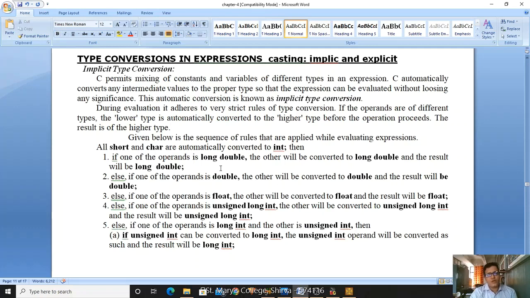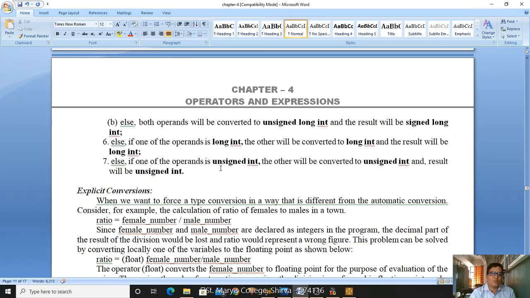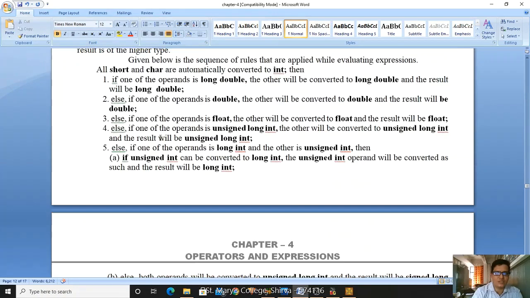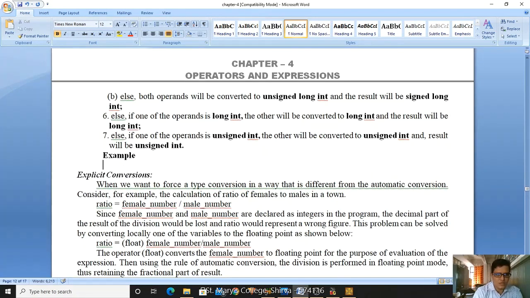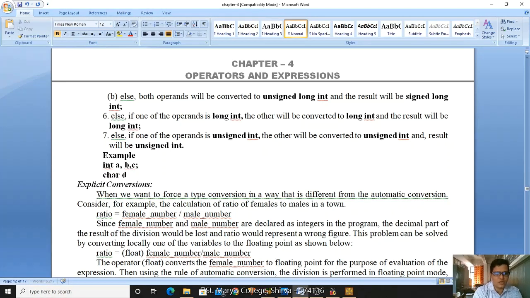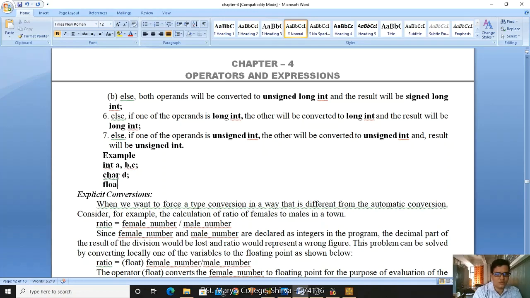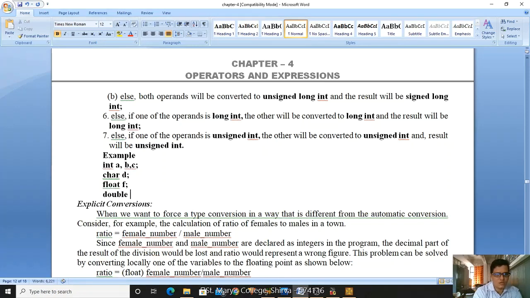Sometimes it is possible to convert directly from one data type to another by using the assignment operator. For example, let us take int a, b, c; char d; float f; double y.